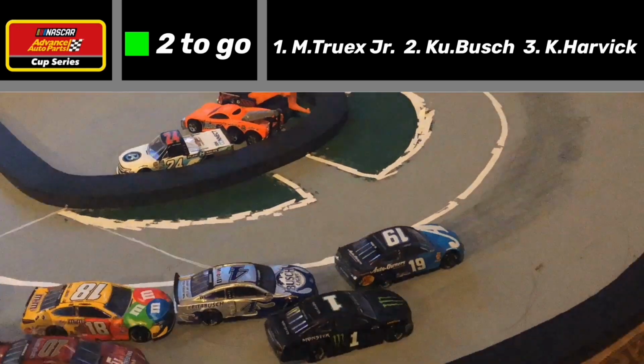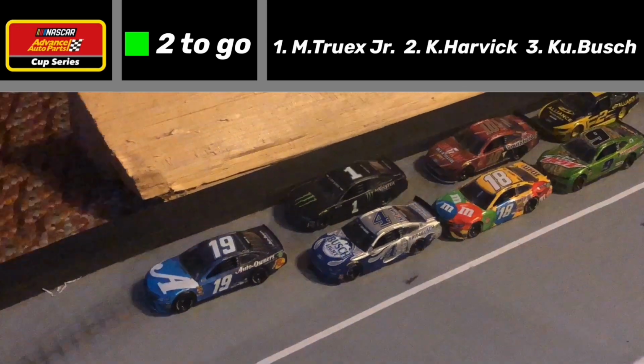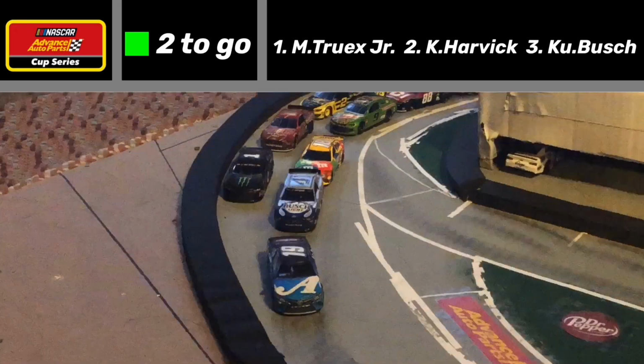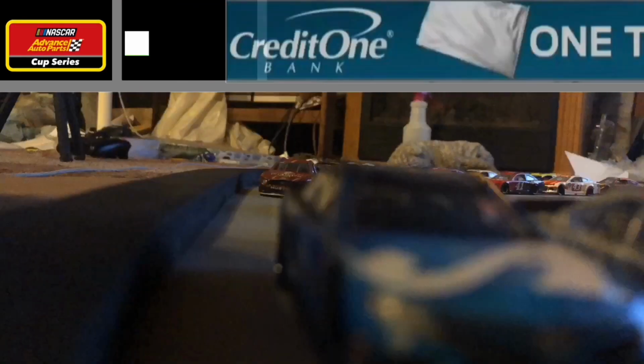Here we go. Martin Truex Jr. is still in the lead. He's been dominant all day long. Kevin Harvick trying to make some noises. Martin Truex Jr. is going to block Kevin Harvick from getting any runs. Ending the tri-oval, here comes Kevin Harvick getting a push from Kyle Busch, as we are on the final lap